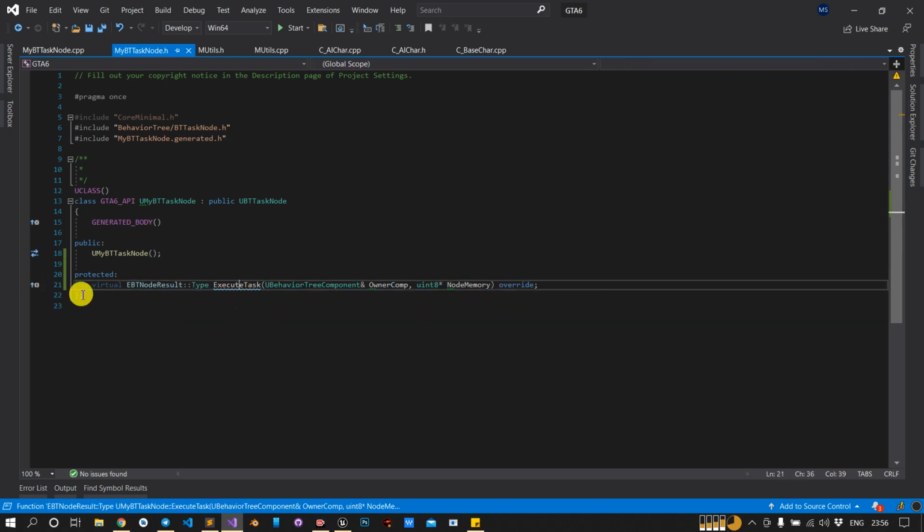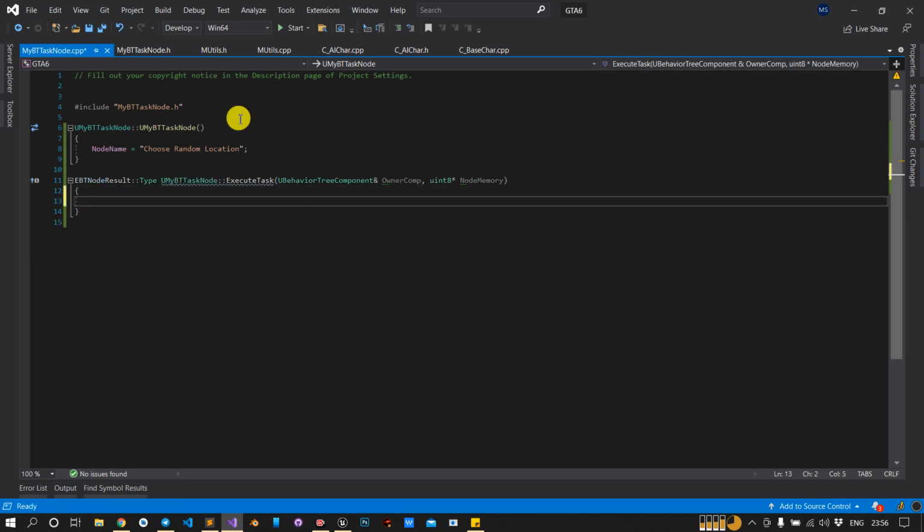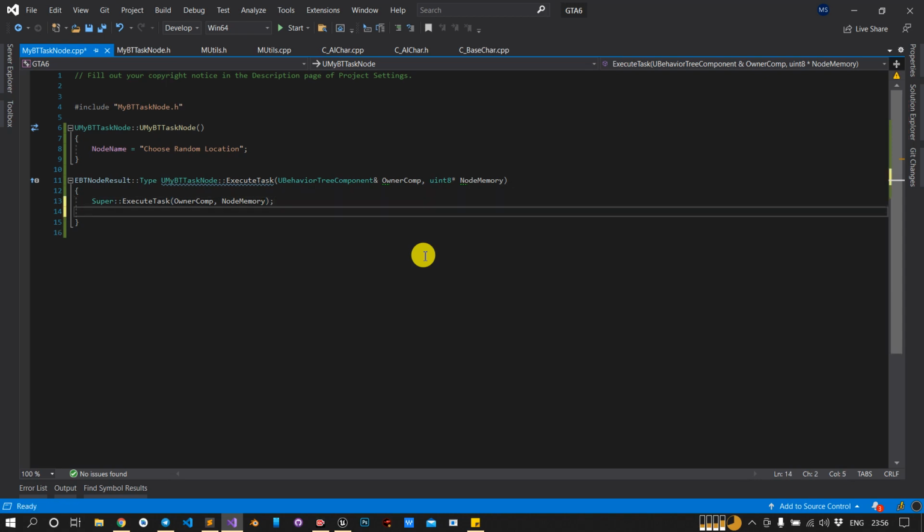Just click this, and here it will generate our implementation. So this is implemented. Make sure if you override any function, you call Super. Okay, now this thing is done, or else you will get weird errors.